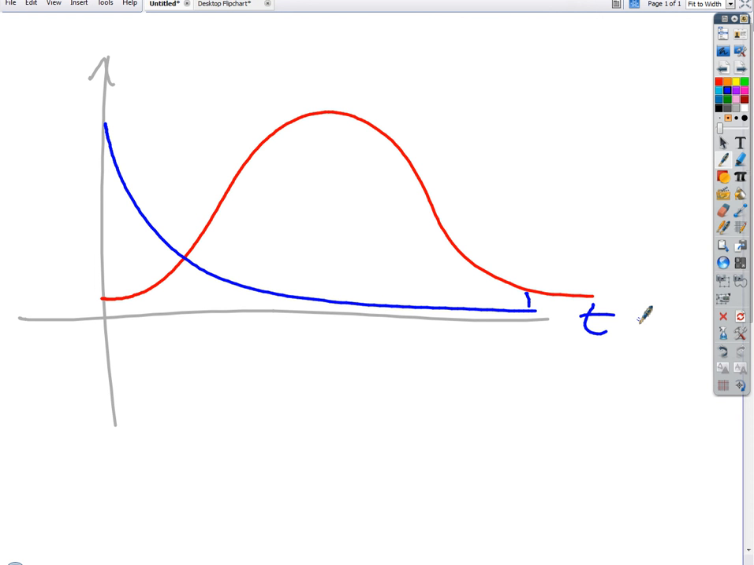Okay. Whoa, that was a shot. Yeah. Okay. Let's go to